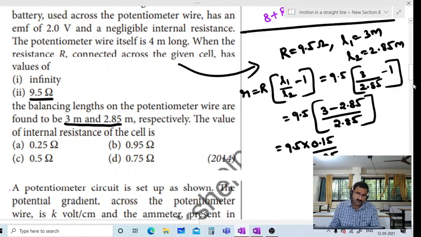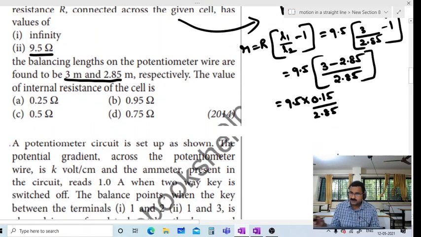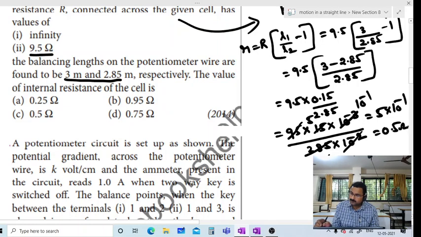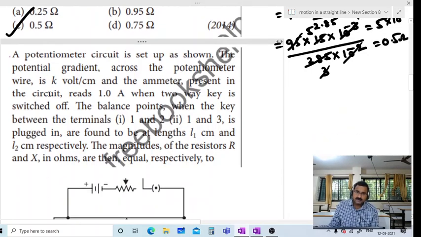What calculation is possible in that, we will check there. So 95 3 jas, we know that one. How much is 95 3 jas? 285 only. But here decimal places are there, see properly and write in that way, then it is easy. 95 into 15, so here 2 decimal places, here 1 is there, totally 10 power minus 3, divided by 285 into 10 power minus 2. 95 3 jas will be cancelled and 3 5 jas will be cancelled. 5 into 10 power minus 1 will remain. 0.5. Third option we are getting. That is the solution. Question is lengthy, but solution is very simple.